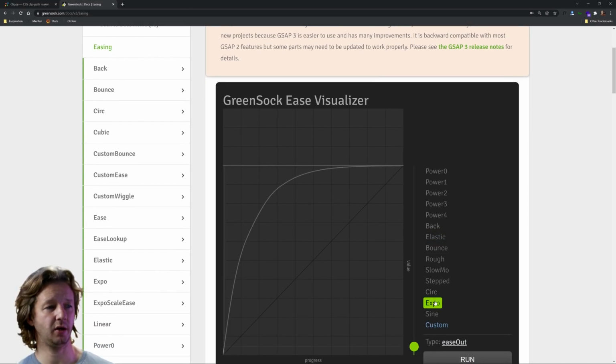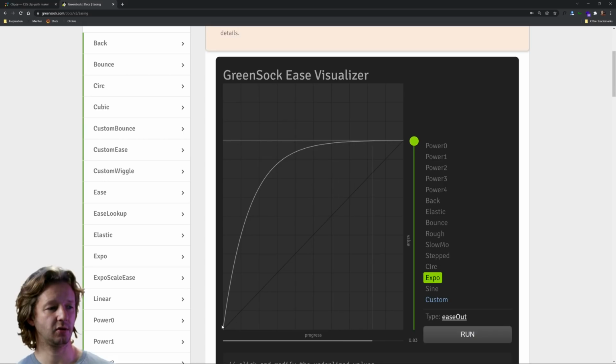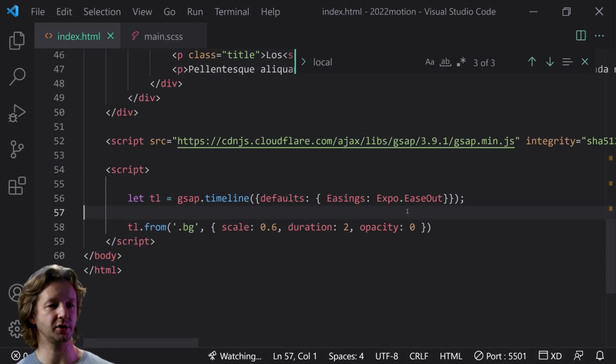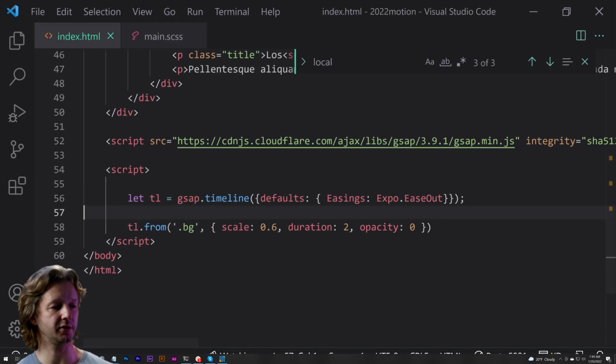But you can see expo right here. Essentially this little arc is a visual representation of that easing. It will start off real fast and then go in real slow, in terms of the duration, which is 2 seconds. If I play that again, it starts off real fast and then goes real slow. I like that look for a lot of animations, so we're just going to apply that by default. Now if we go back,